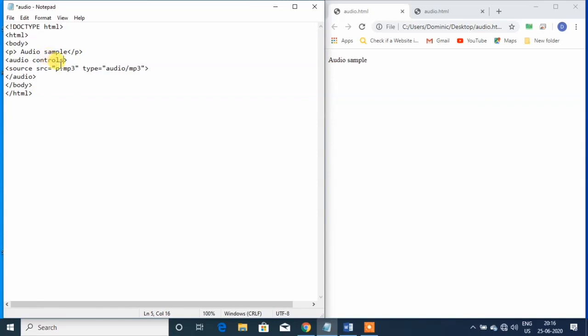Now I am saving the file and again refreshing the browser. See, once you refresh the browser, you get an output here. Now click on this output and see whether this audio is playing or not. So click over here, the audio will start playing.